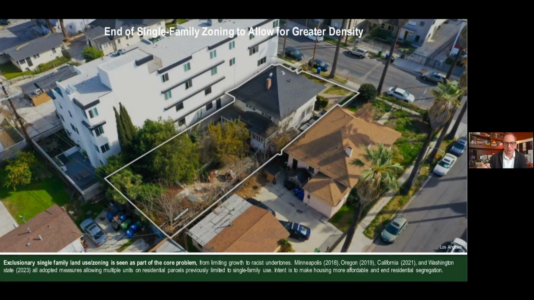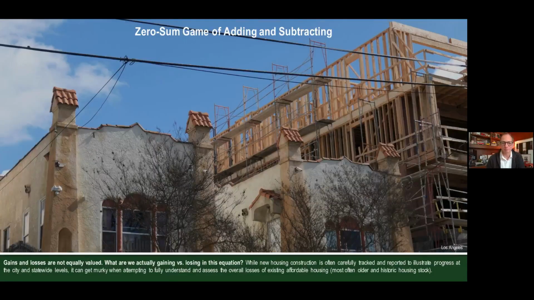Certainly the idea of a starter home doesn't really exist, certainly in a place like California or most parts of California, where I think the median house now is around 900,000. The other aspect of this is that you may be increasing density like you see in the property here adjacent to the single family home. How much of that is market rate versus affordable? That's part of the discussion that we're having.